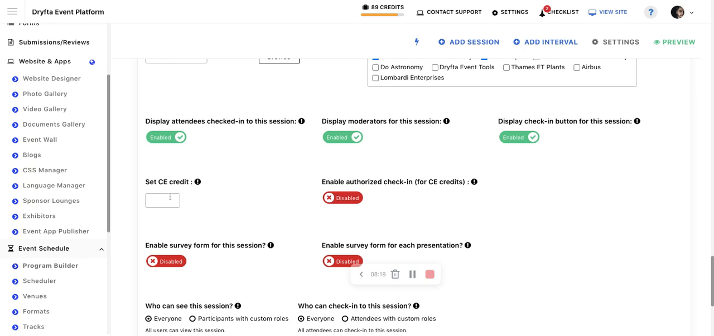And the C credits option is where you can set the C credits that you want to offer when attendees have checked into this session. So they need to check in and then check out to be able to receive the C credits. And you can also enable authorized check-in, so only those who have this specific code would be able to check into this session, and not